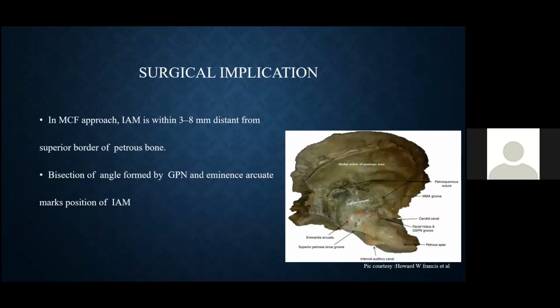Surgical implication, as I told, we can access with the help of the structures present on the superior surface, that is the arcuate eminence and the GSPN hiatus or the facial hiatus, a tangent which is drawn and traced inferiorly. These are mainly for if we are doing a retrosigmoid approach and for hearing preservation, we are going behind on the posterior superior surface, and thus we have to be careful about the high riding jugular bulb as well as the endolymphatic sac fossa area injuries.